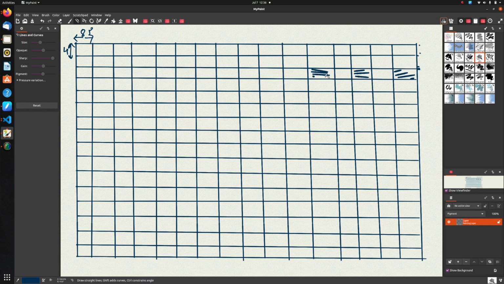Third, fourth, fifth, sixth, and seventh. And I believe 7 aliens should be enough across the breadth, which will give us enough space here to let them move. The next alien in the next row will start 4 pixels down from the first row. So it will be here, again here,